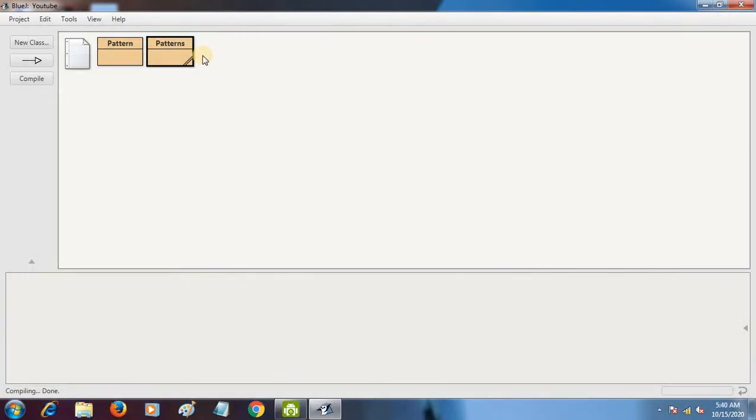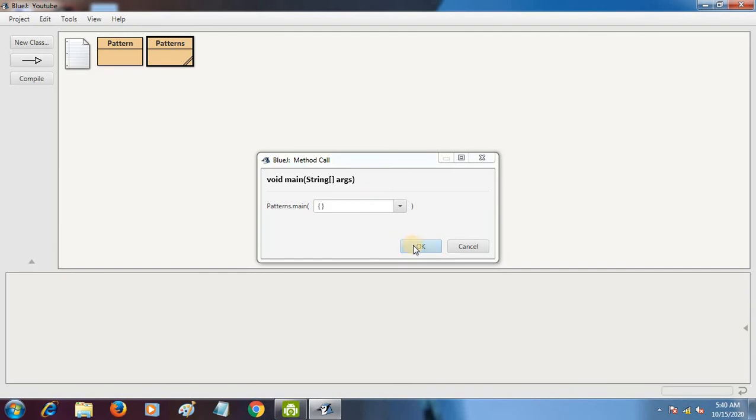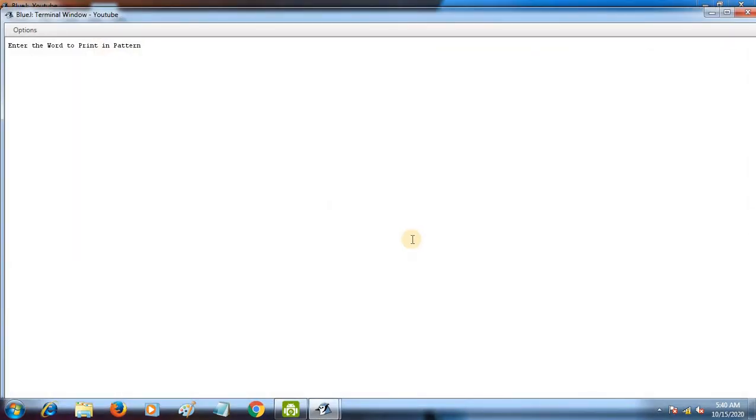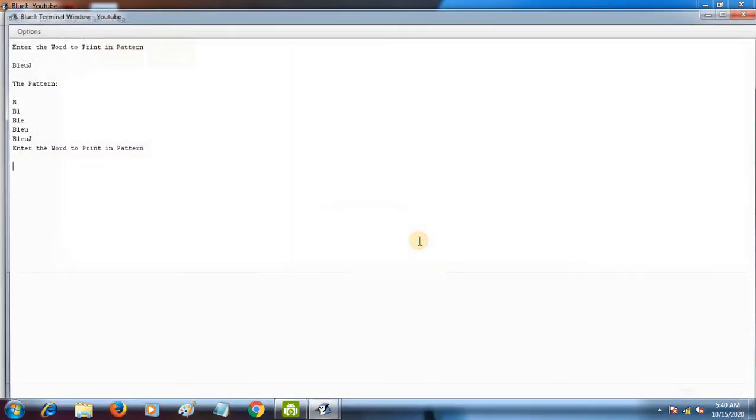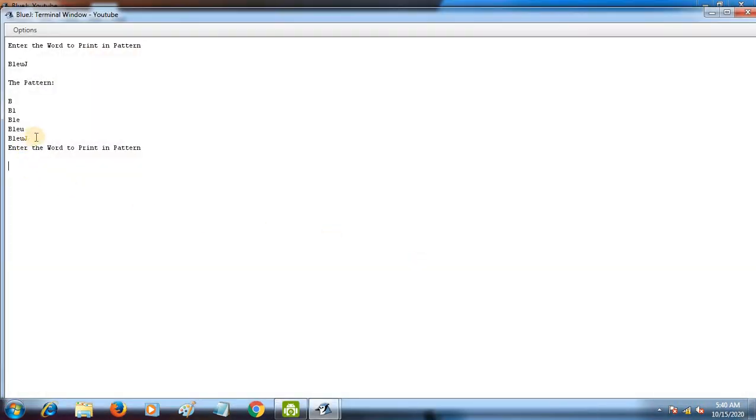So now let's test our program. You can see the space here. Now enter the word. So I will write BlueJ, then press enter. You can see our pattern is printed. Let's try one more time. First I have to clear it.